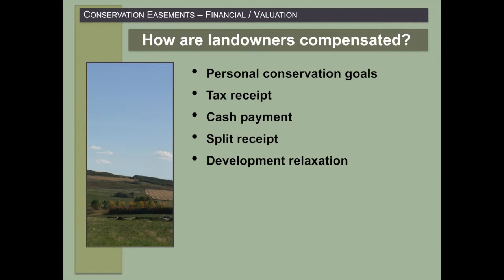And then the next one is split receipt. This is, again, something that came from the US, but we do have in Canada now. So you can receive a partial payment and then a partial tax receipt for the value of that conservation easement. And then the other one, which is often the compensation given to landowners for easements that municipalities do, is some